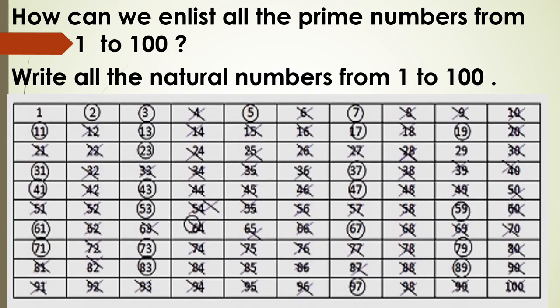Okay, make a grid, make a table in this way where you have written all the numbers from 1 to 100. 1 is what type of number? Prime number or composite number? 1 is neither a prime number nor a composite number because it has neither 2 factors nor more than 2. It has only 1 factor. So 1 is neither a prime number nor a composite number. So you have to leave 1 as it is. Okay. Leave it. Now what will you do?